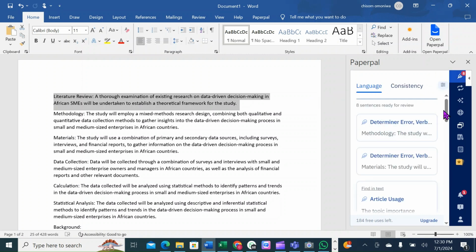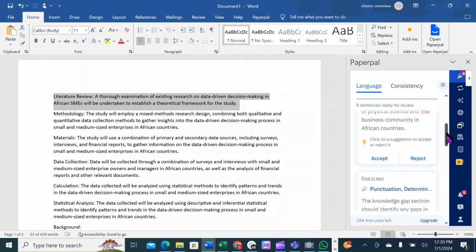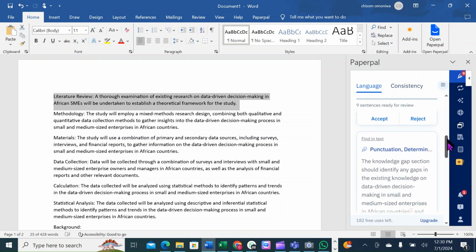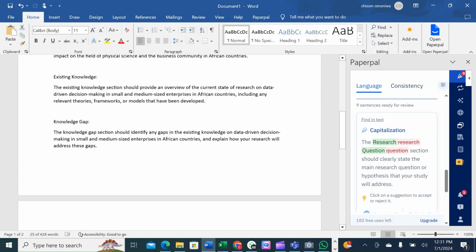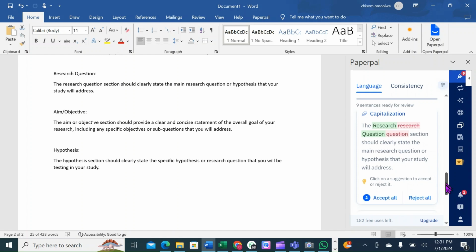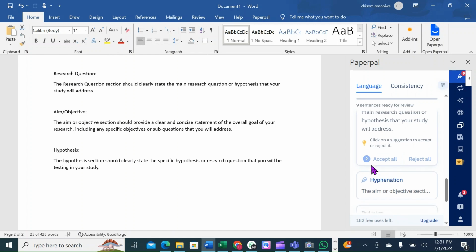Language. Okay, when it comes to language, you can see that it has already given us some sentences that are ready for use that it has corrected. You see, it removed this one, so you can decide to accept them. The research questions, this. So if you look at the research questions, you can see that it's trying to correct it, that it's supposed to start with capital letter, and you can decide to accept this correction or reject. So I accept all the correction, and